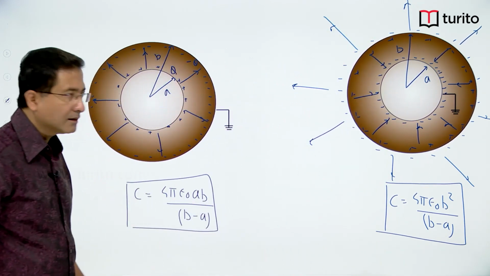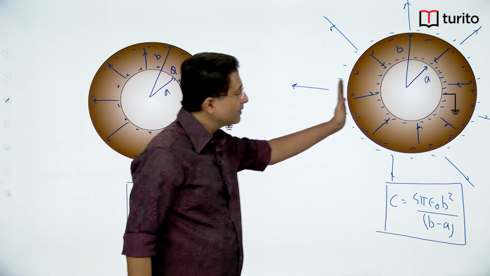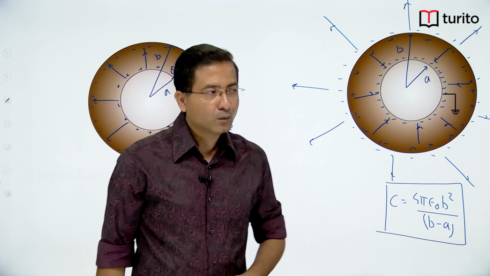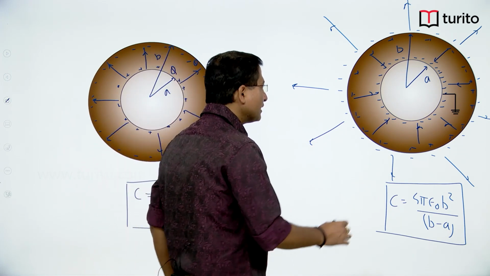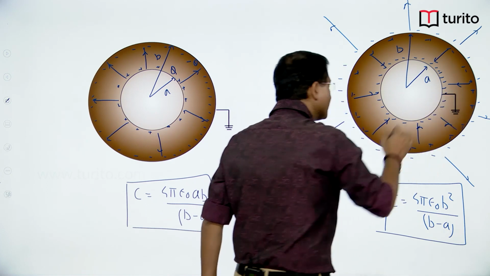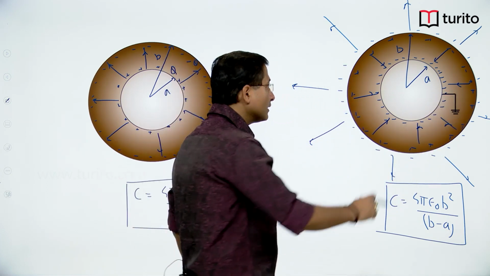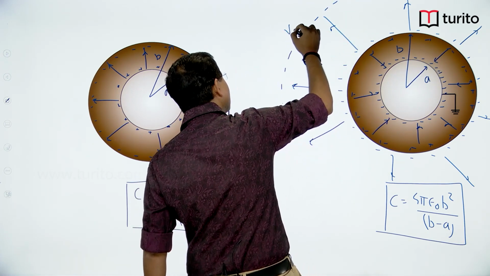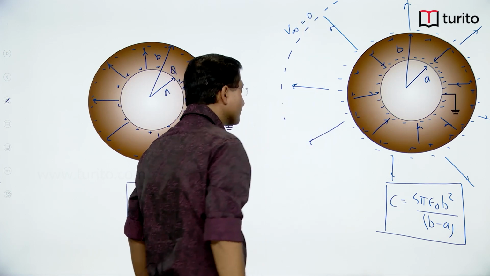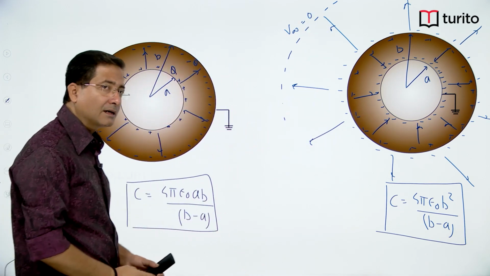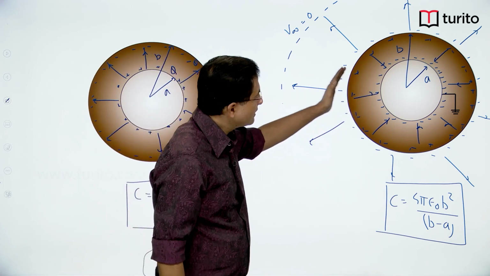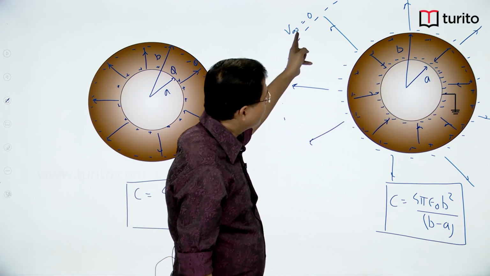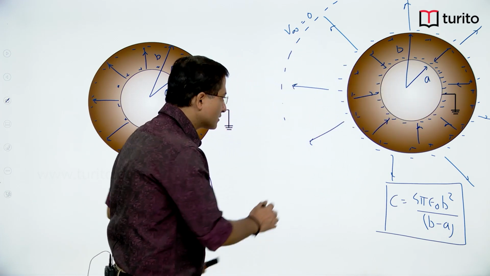So, you can see here that this space as well as this space, both the spaces are behaving as capacitors, with the inner one connected to 0 potential, and the one which we are assuming at infinity, that also will be at 0 potential. At infinity its potential is 0, right. So, there are two capacitors which I can see, first one and second one, this is having 0 potential, this is having 0 potential, I can consider this as two capacitors